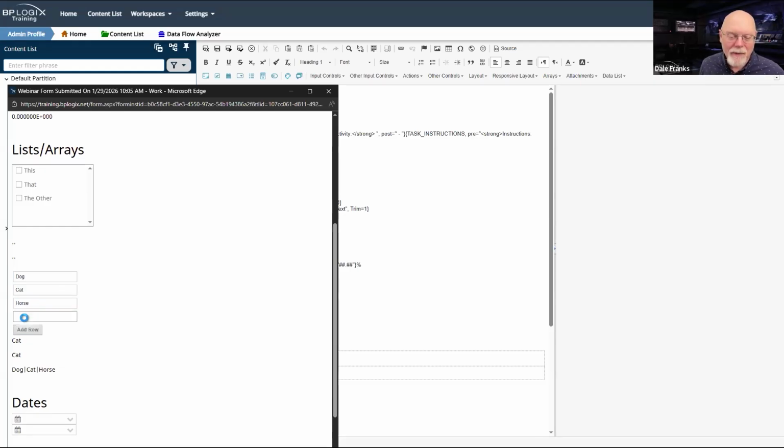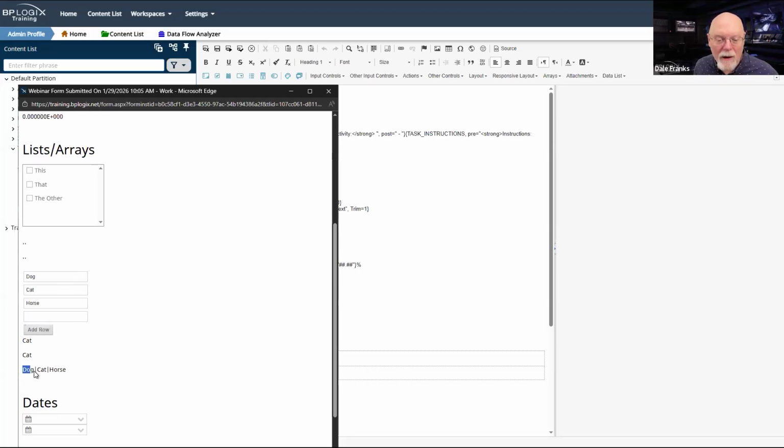Horse. There we go. So I've got my array. I've added that row, and we're seeing cat, cat, and then dog bar cat bar horse.